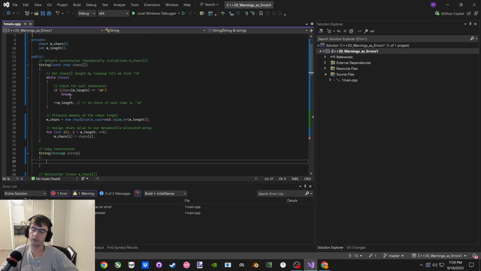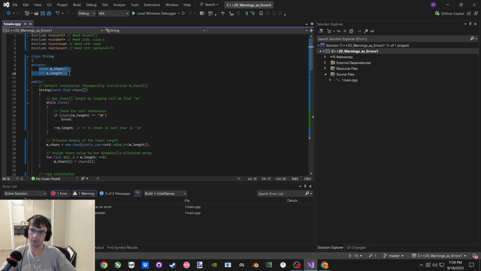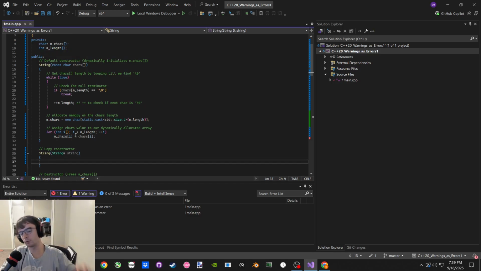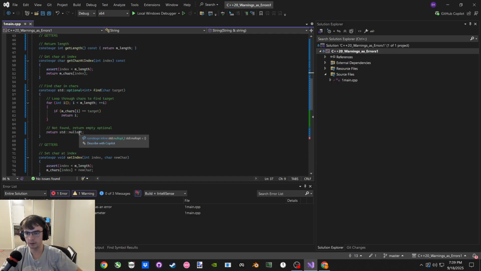If we're getting a reference to characters, it's really a cheap thing. It only holds an int and a pointer to a character. So basically an int 64 and an int, because a pointer is an int 64. So it's just a big int, 8 bytes. So we're talking 12 bytes for this whole thing. Oh, I'll get the size of it in a second too. What if we did